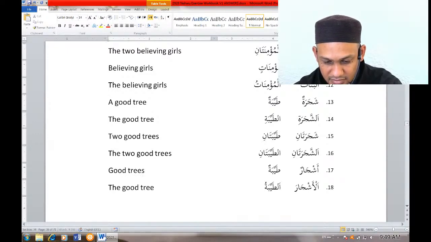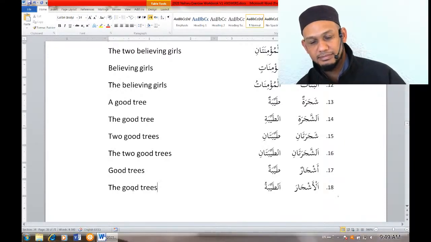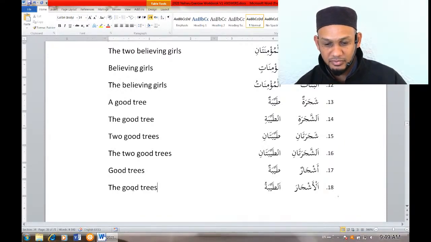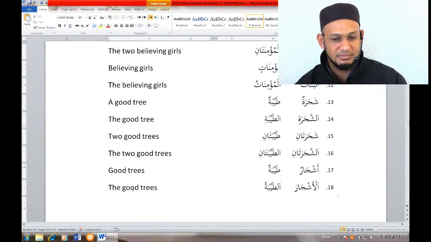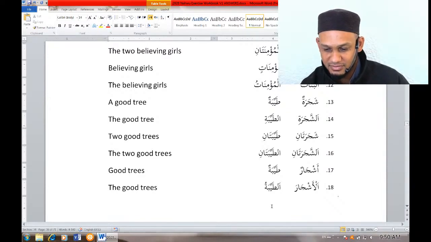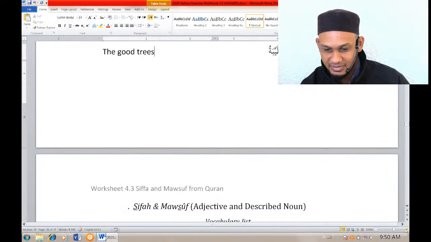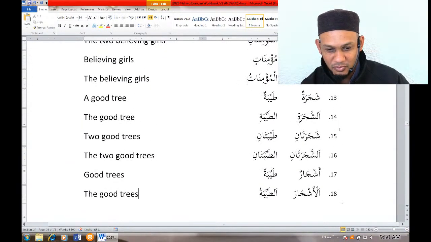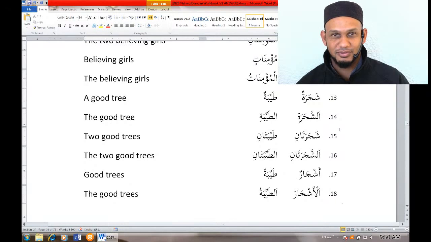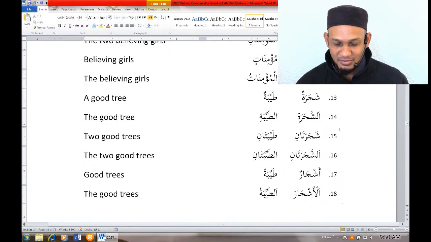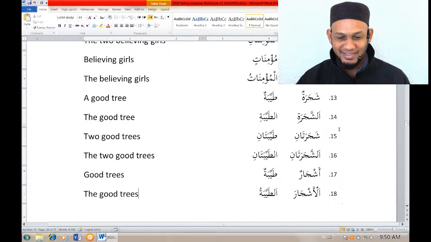The good trees. You know, people believe in this NLP, neuro linguistic programming. So I'm just thinking now that we have a school called Good Tree, but we made this exercise a long time before the school, like a couple of years ago. So maybe I just programmed myself to call the school Good Tree. Anyway,